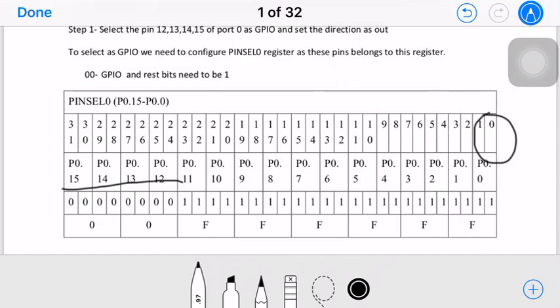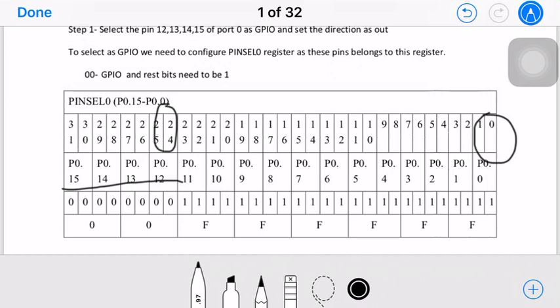Only the bits for these pins we are making 0 0. That is, for pins 12 to 15, bits 24, 25, 26, 27, 28, 29, 30, 31 are 0 0.